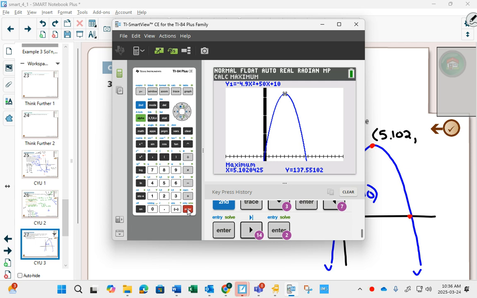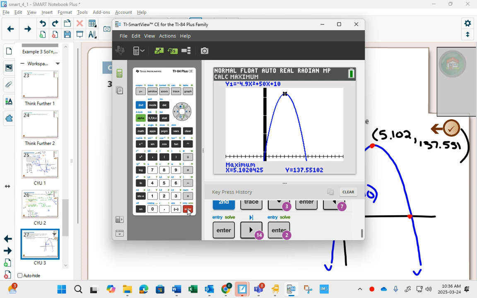5.102, 137.551. I did 3 decimal places because in grade 12 they expect you to always write 3 decimal places. So I'm just practicing that. Okay, there's our vertex. Would not have been easy to find that through a table of values because of the